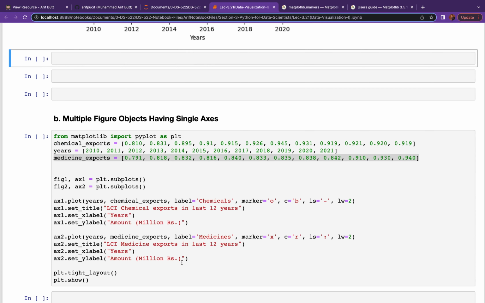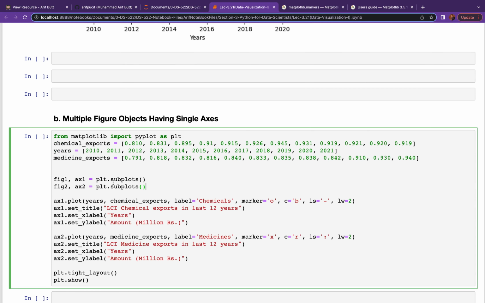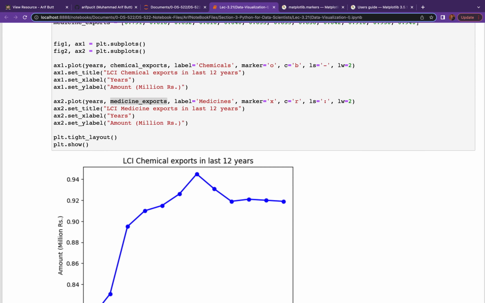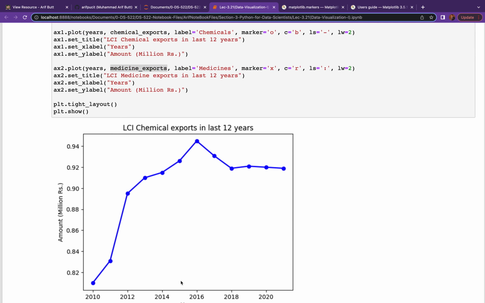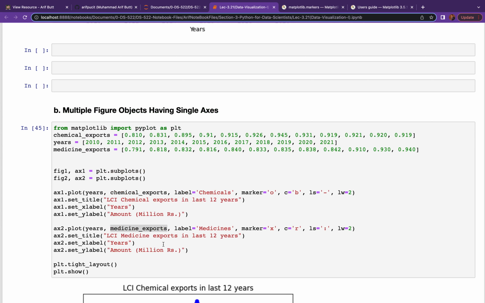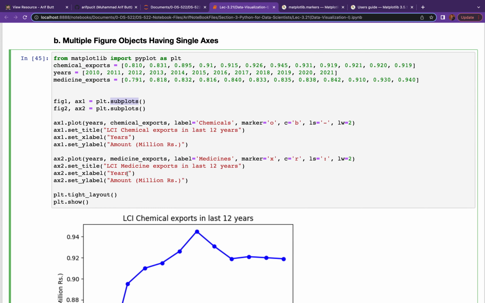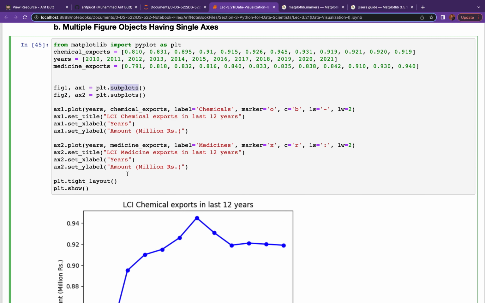And similarly, over here what I have done is I have created two figures instead of one. I have called subplots twice. And for figure 1 I have axis 1, in which I have shown you the chemical exports, and in figure 2 I have axis 2, in which I have shown you the medicine exports. So this is a bit different from the previous one. Over here we have now two figures. I hope this is making sense. Anyway,